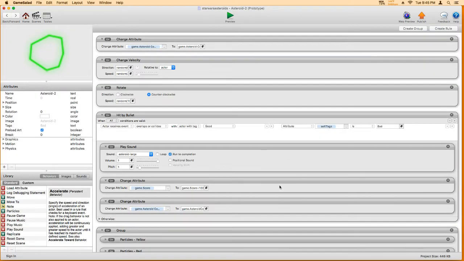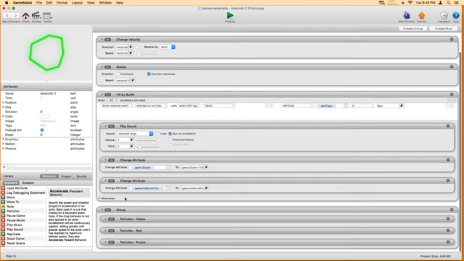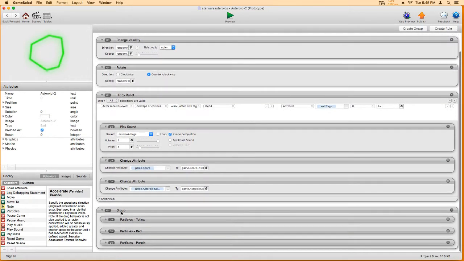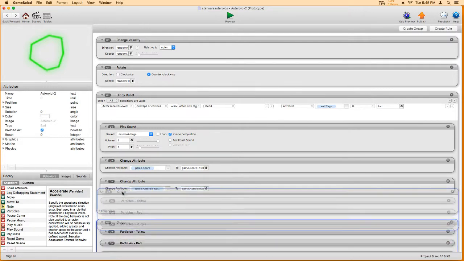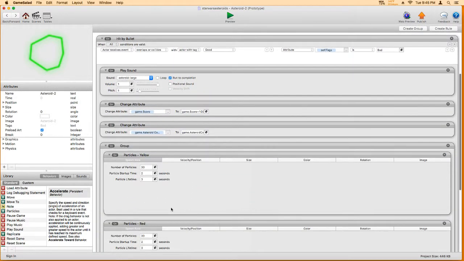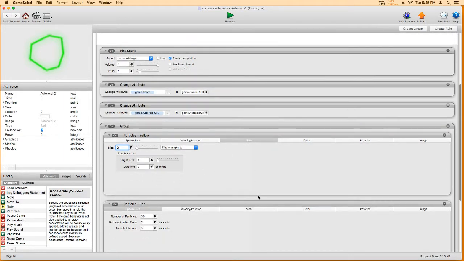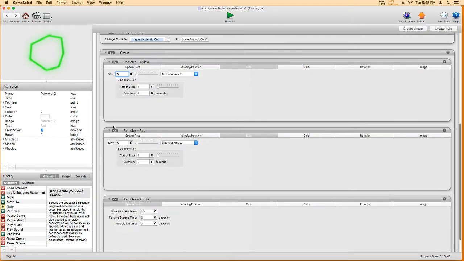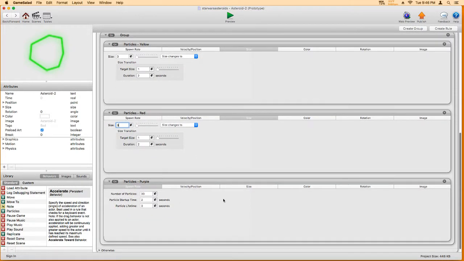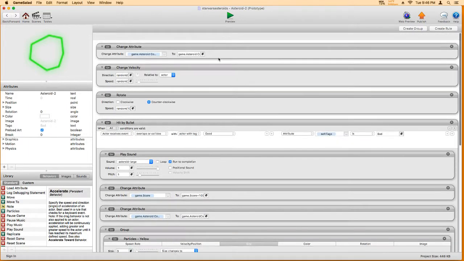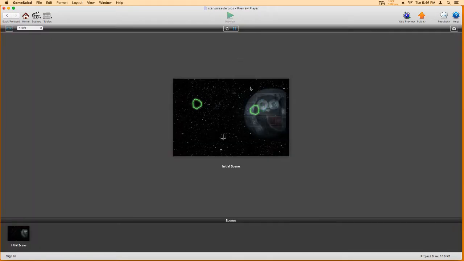Let's go back, and we are going to throw this group into the hit by bullet group, and that actually should change a lot of that. I think our size is too big, so what I want to do is start from 3, and let's change all of those. Size of 3, and this one size of 3, and I think that should be correct. When I press preview,